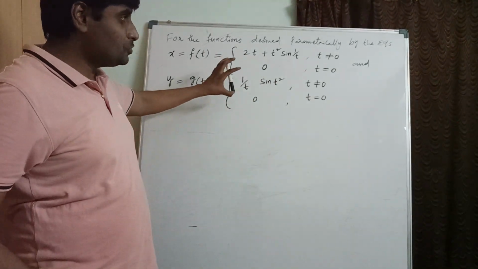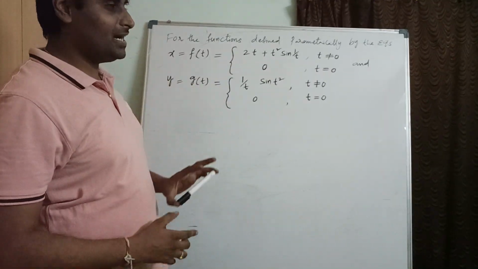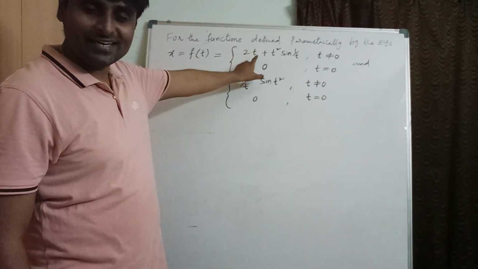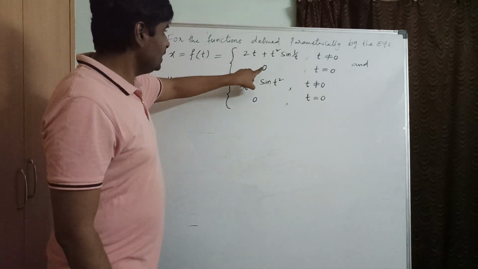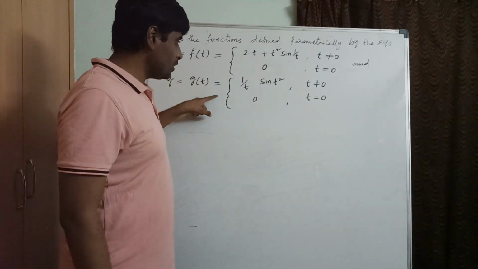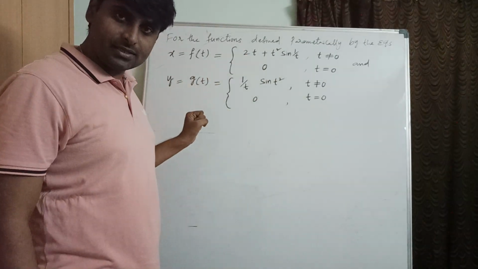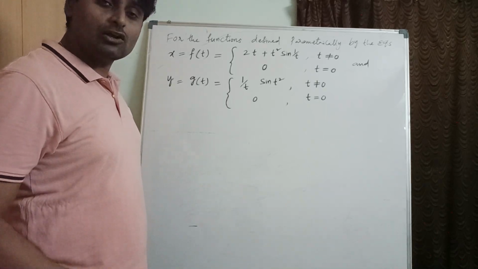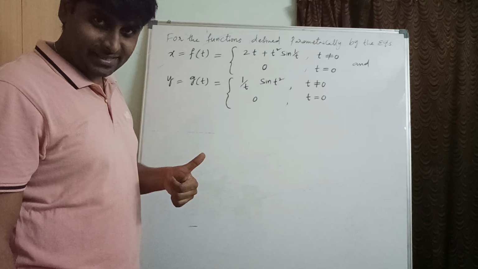First of all, let us see, this function is given in continuity form, correct? First of all, we have to check whether this is continuous or not. So clearly we can observe that this is continuous only. So can you say this is continuous or not? Let us check. See, here function value 0 for this f of t. Whenever these two are continuous, obviously whole function is continuous. Whenever function is continuous, that will be differentiable. Then only we will be able to find out dy/dx there, right?